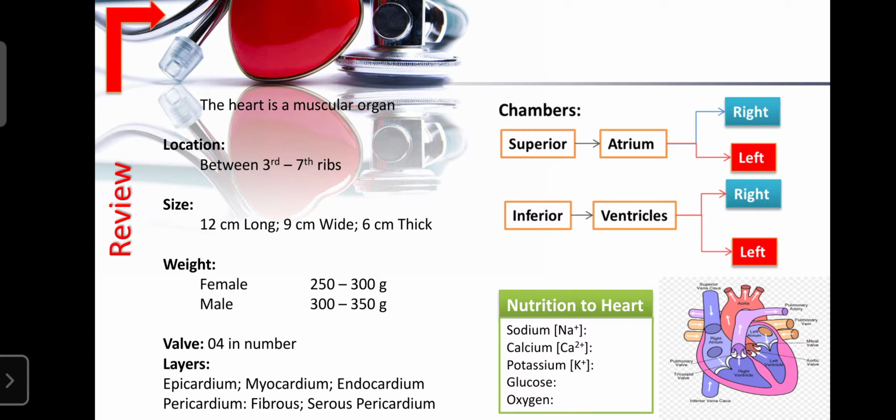We need only a sufficient amount. If it is in excess, the organ malfunctions; if it decreases, the organ also malfunctions. Regarding glucose, it is the source of energy, and oxygen is required by each and every metabolic cell. Like that, the myocardium or cardiac cell also requires oxygen as a fuel for the various metabolic functions.